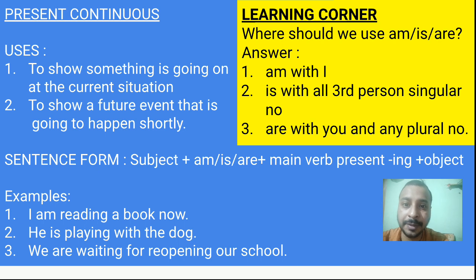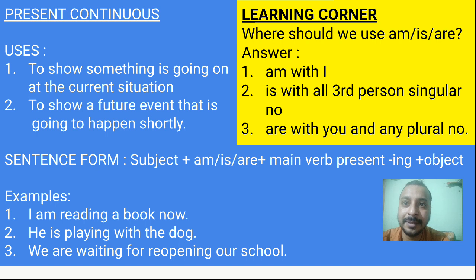We are waiting for reopening our school. I am also waiting for reopening the school and meeting you soon. So these are present continuous tense sentences. Now I am quite sure that you may be confused with one thing, and that is,